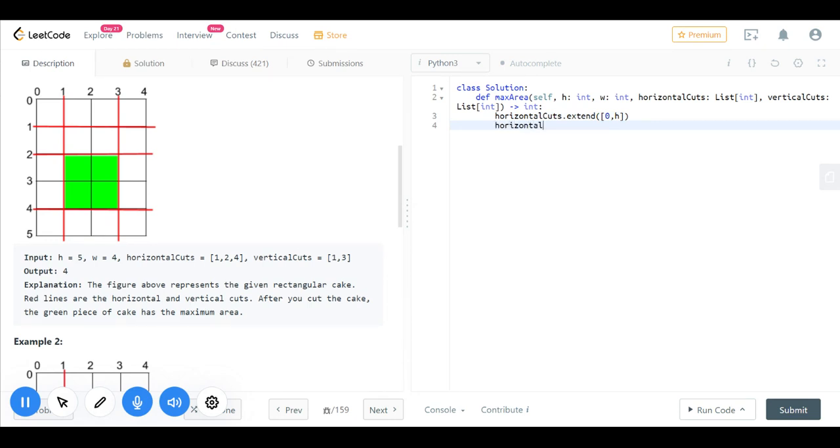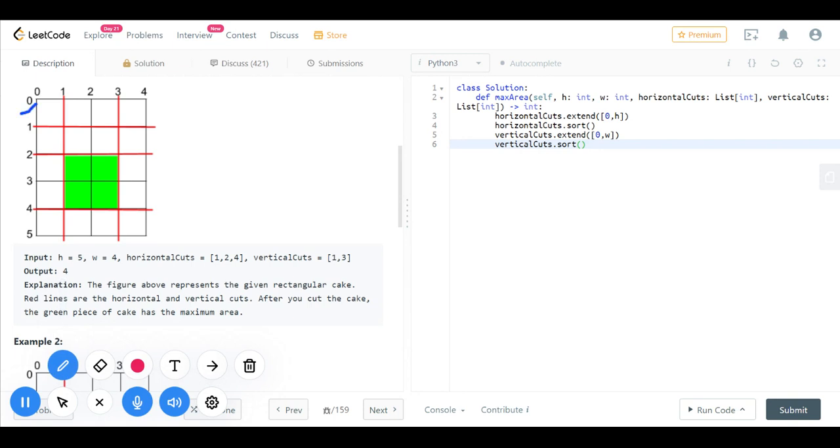Horizontal cuts dot sort. And similarly, we'll be extending this list with 0 comma w for vertical cuts, and then we'll be sorting. So at the end of this point, we'll be getting the sorted horizontal cuts order with initial and final positions, that is 0 and 5 also.